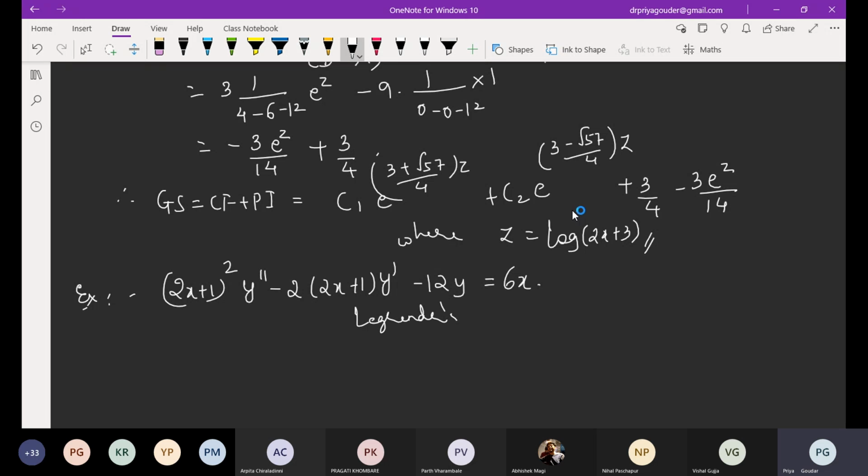Am I right? Substitution is for 2x plus 1. Hope you can try solving it. Take it as a homework sum. So tomorrow I may take one more example or another 2, and that will be the end of this part. One more method is remaining, that I may start tomorrow.